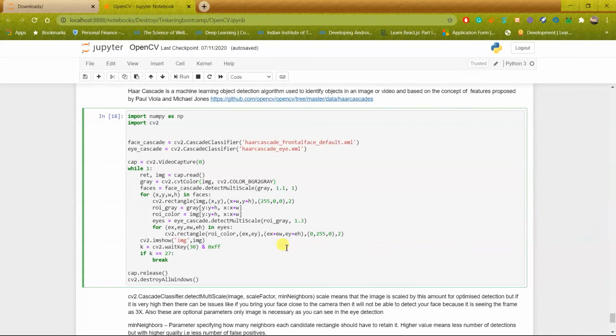So you don't have to create a machine learning code for yourself to detect those, and you can simply use the Haar cascades. There are multiple Haar cascades available, so I would be using the frontal face and the eye detection. First I load the cascade classifiers. These are in .xml format, and I have downloaded them from the GitHub link which I have provided here, and now I'm loading them into the cascade classifier and then creating a variable out of them.